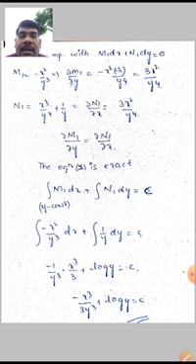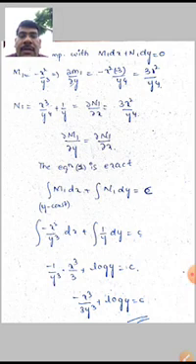We have to integrate directly to get the solution of the differential equation, that is, integration of M1 dx plus N1 dy is equal to c. We integrate with respect to x, treating y as constant. For the integration with respect to y, we remove the terms containing x. Therefore the remaining integration is integration of minus x square by y cube dx plus 1 by y dy is equal to c. Now we integrate: minus 1 by y cube is constant, integration of x square is x cube by 3, plus integration of 1 by y dy is log y, equal to c. This is the solution of the given differential equation.